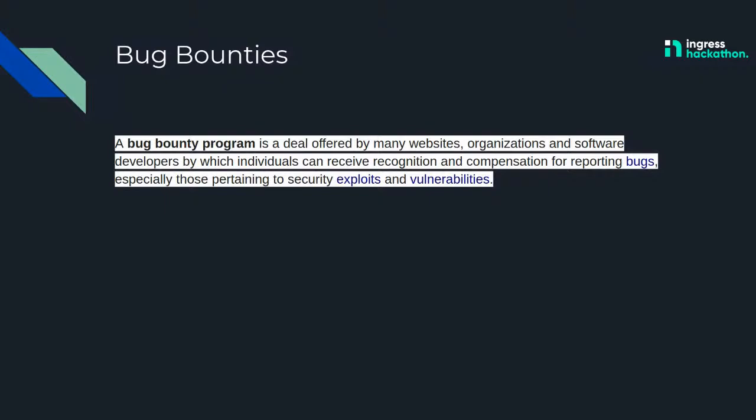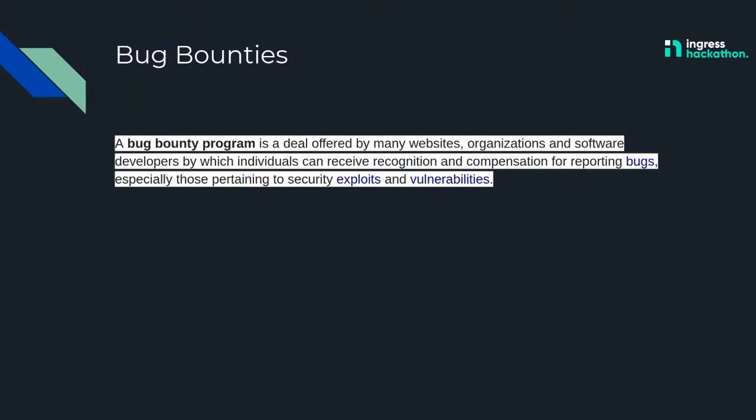Okay, let's talk about bug bounties. A bug bounty is a program which is offered by organizations to protect their assets. There will be an open website or open product, and many security researchers from all over the world can hack into the system. And if the researcher finds a good or a severe issue, he will be rewarded. The reward depends on the severity, and it may be even a t-shirt,